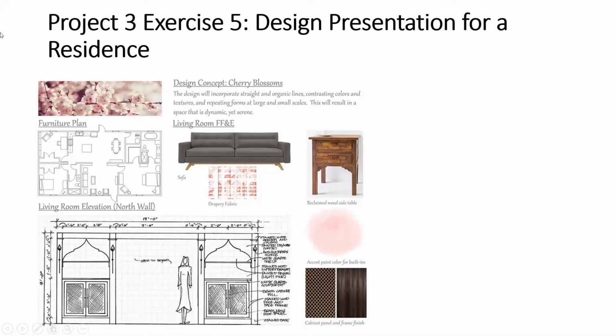So you're going to start with a concept image and a design concept in which you discuss the elements and principles of design that you're going to incorporate. You're going to include a couple of images of furniture that you've incorporated within your space. So 3 pieces of furniture, 3 finishes. You can see here that there's labeling everywhere, and it's located in the same place relative to each of the images.